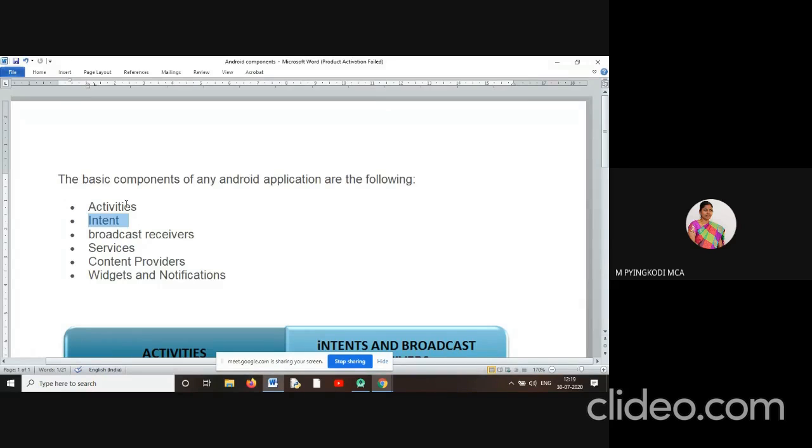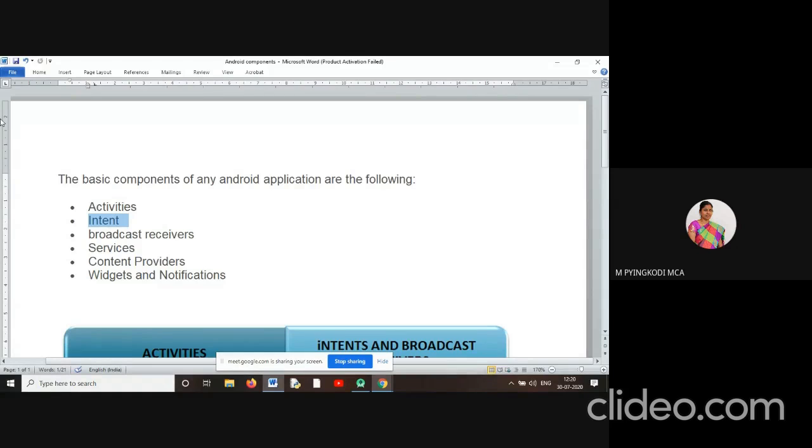Like that, it will be giving information to the remaining components. Suppose one notification is coming, and that notification is to be displayed for our user, it will help to initiate that notification.